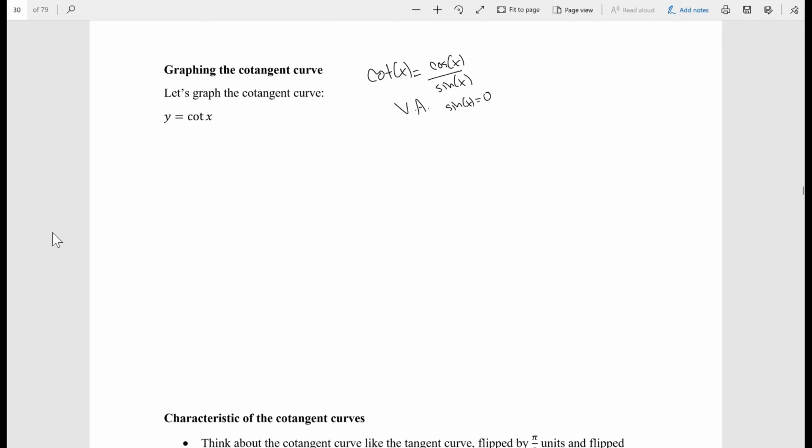Okay, so let's start off by looking at the unit circle. And if you look at the unit circle, remember that we were tapping into the